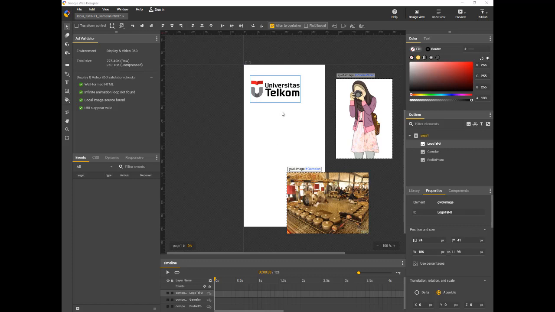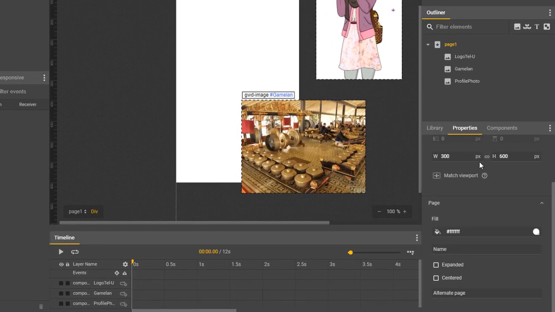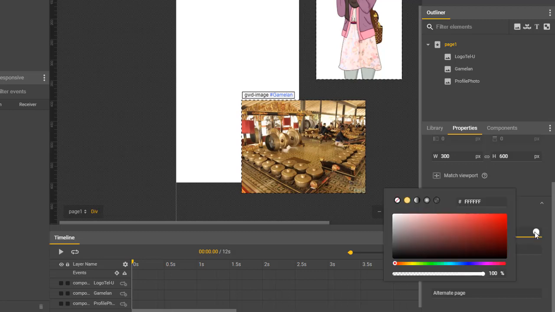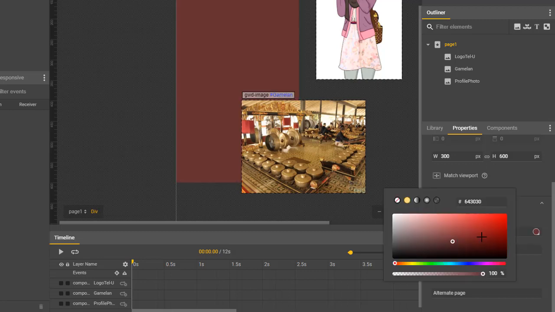Before you move the picture, you can also change the background color. If you want to change the background color of your canvas, go to page in properties, this page fill. So you can choose the background color, red, any color that you want.